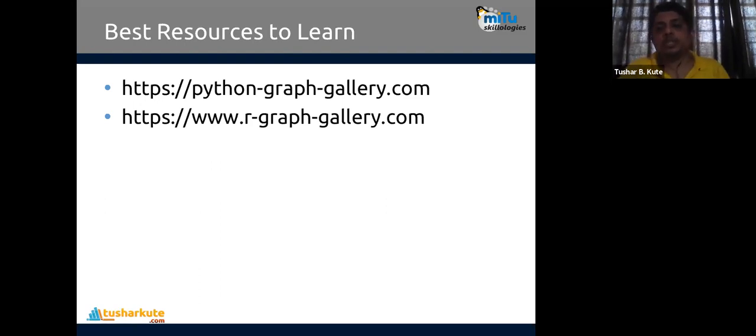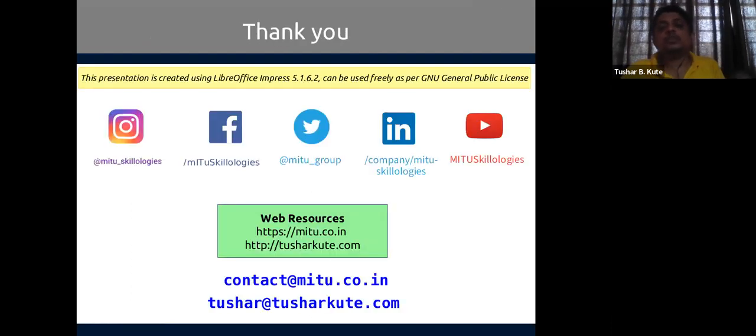Two website names I mentioned over here. If you want to learn visualization techniques, they have given a very short introduction, with maximum examples: pythongraphgallery.com and rgraphgallery.com. Python Graph Gallery contains more than 250 different kinds of graphs. Okay, at the end of the session, I'll show you this site also, and how to use the code from Python Graph Gallery, which kinds of graphs are there, how to choose them, and what interactivity there is. That also we'll see afterwards.